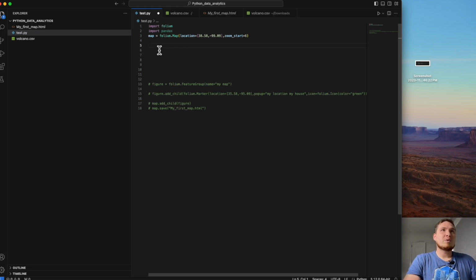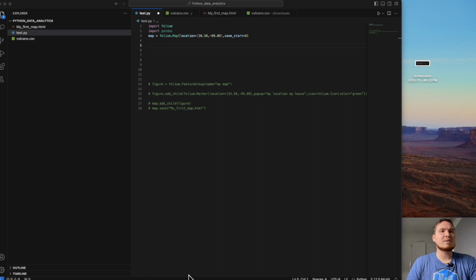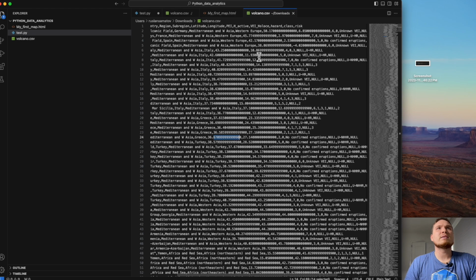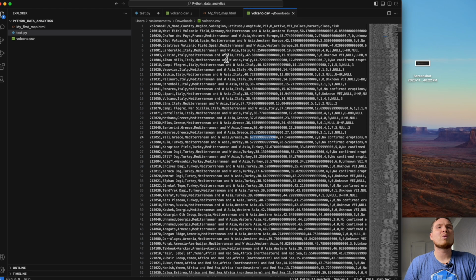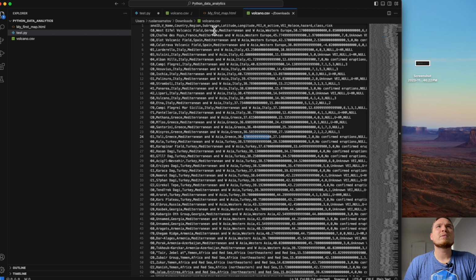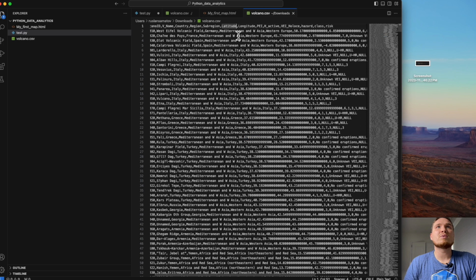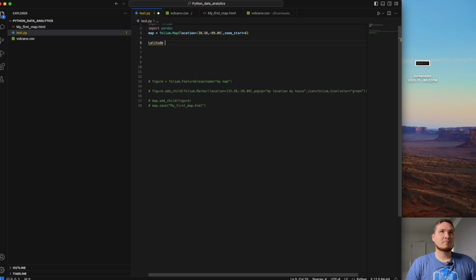Now what we need to do is create our data, right? And as we see here, the names of the columns. Let's see what the names of the columns are. Let me go up. Okay, volcano ID, volcano region, latitude and longitude. Let me save a latitude variable here, and set it equal. Now I want to store only latitudes in a list, right?